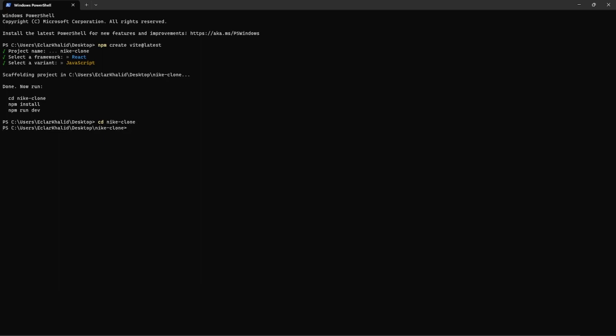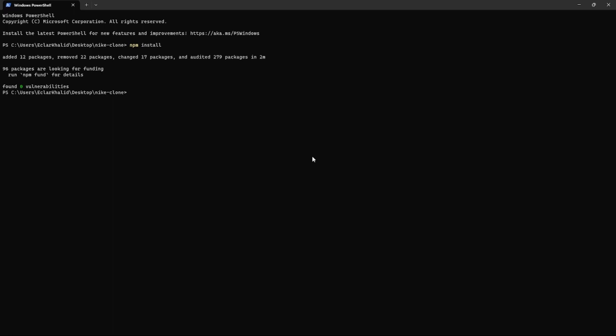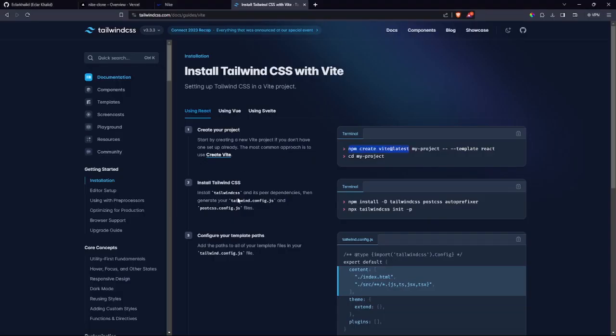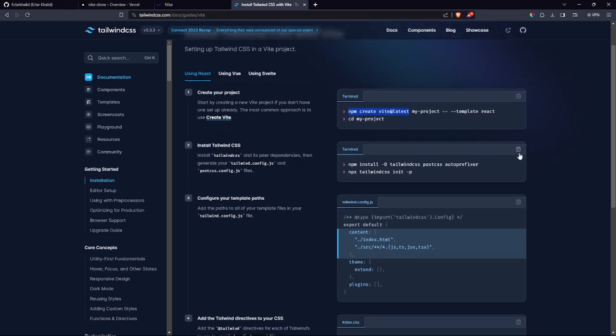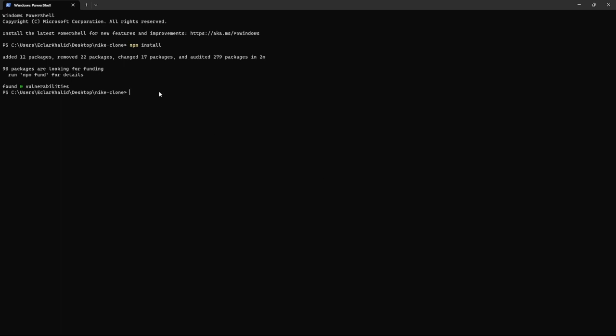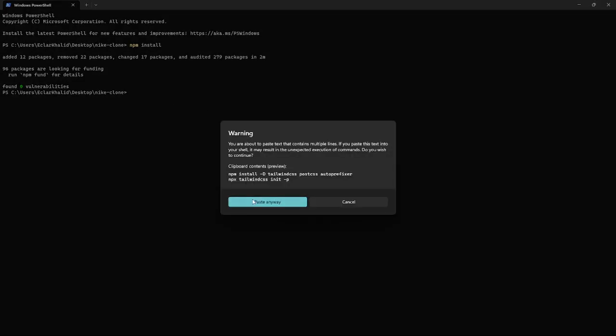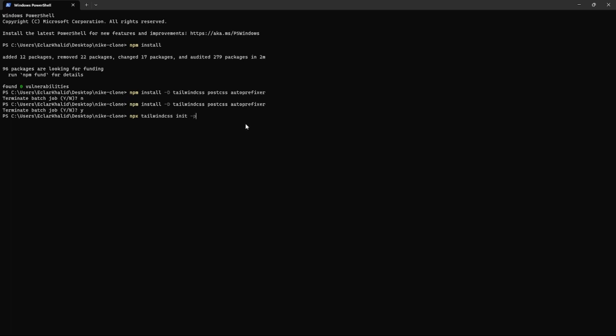and then you want to install all the packages for it like that. So you're going to wait for all the packages to install. It may take some time, so let it install. I'll be back. Once everything has finished installing, you're not going to run the application first. What you're going to do is you're going to come back to the Tailwind CSS website, and then you're going to copy these two so that we can install our Tailwind. So I'm going to paste it here. After running the first command, you're going to run the second command,